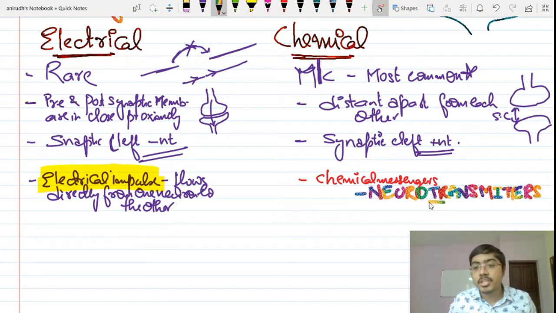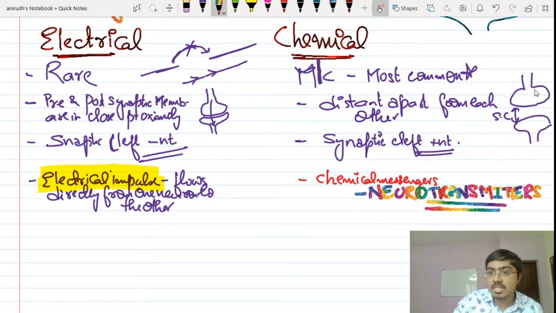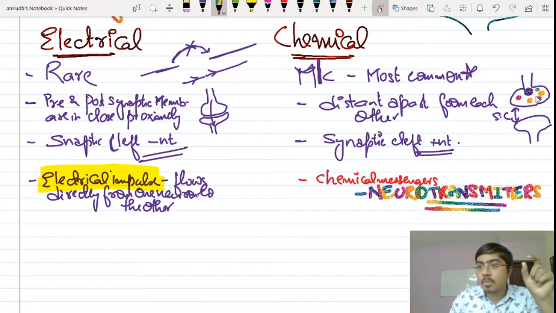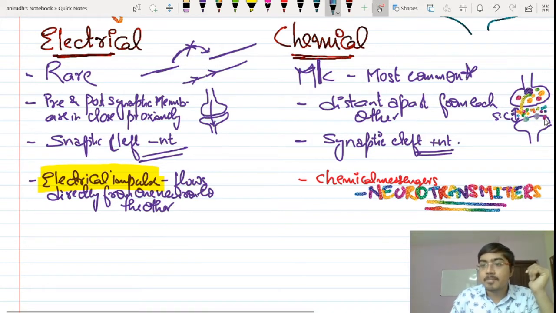So you have the neurotransmitters over here, and these neurotransmitters are synthesized in the presynaptic knob. Whatever lies inside here, the synaptic knob, synthesizes them, and they jump over from this area to the other area. So your neurotransmitters are filled like this in the synaptic cleft. Now you have certain receptors on the postsynaptic membrane.